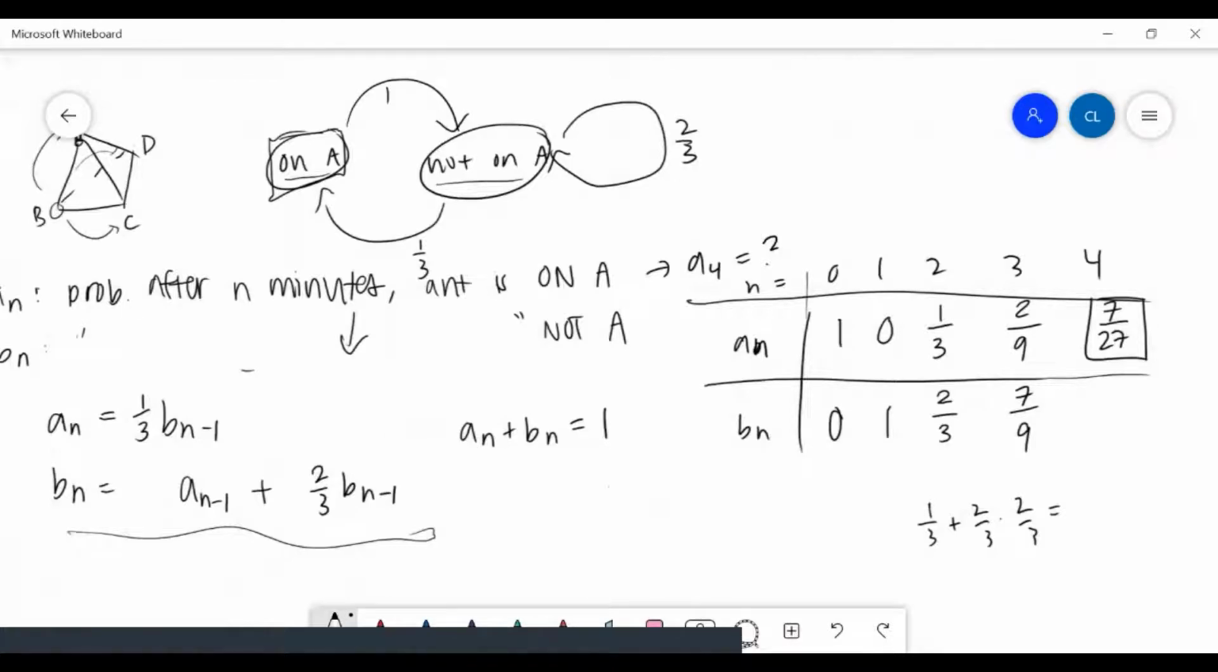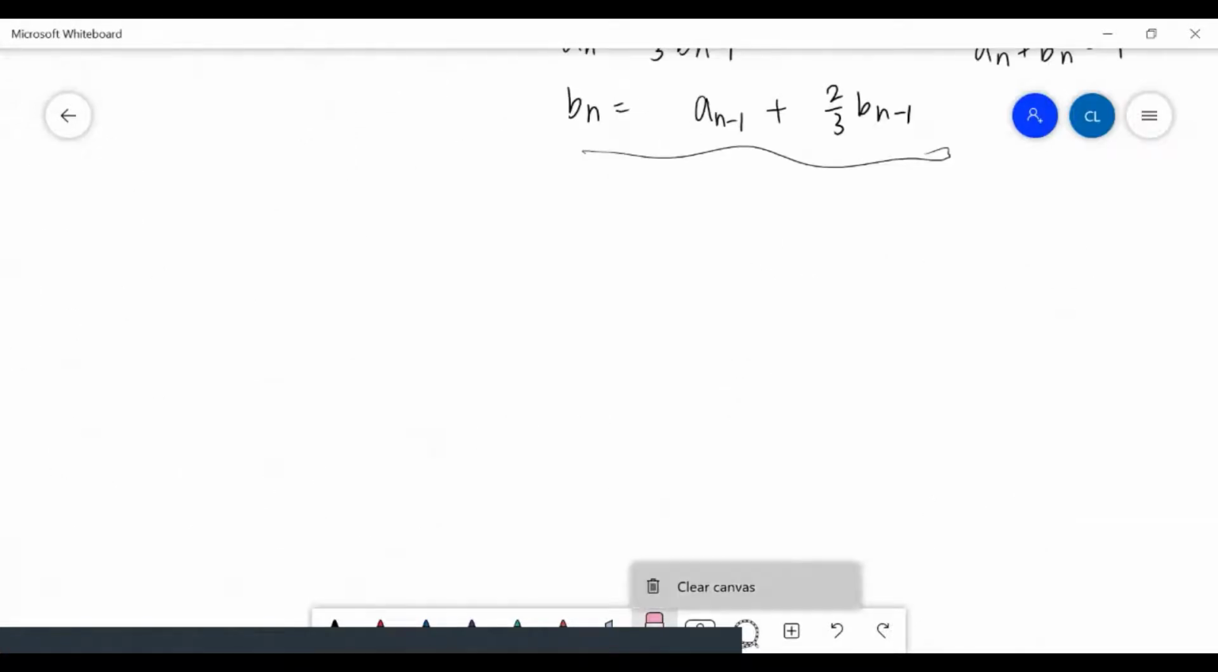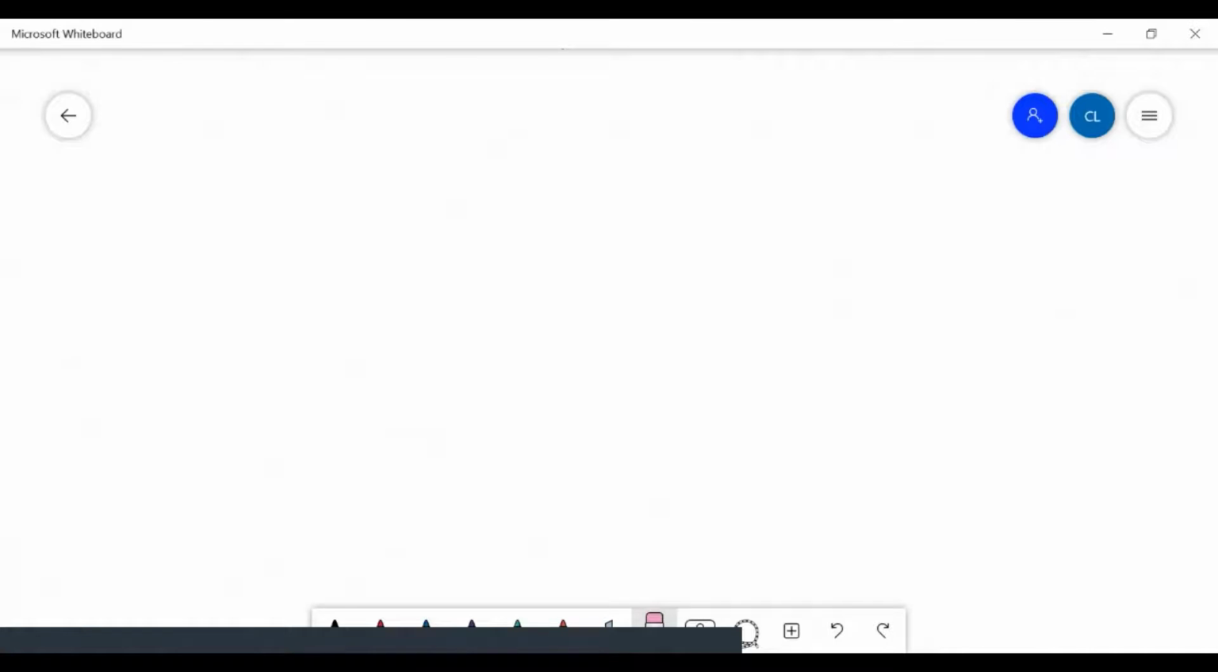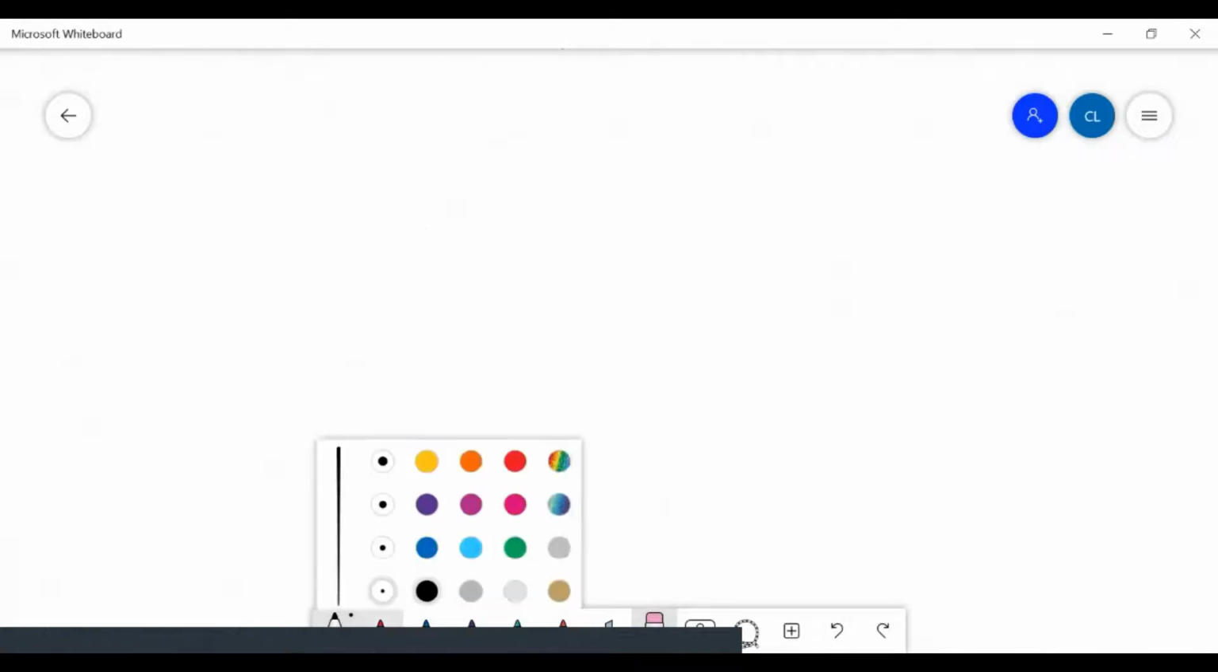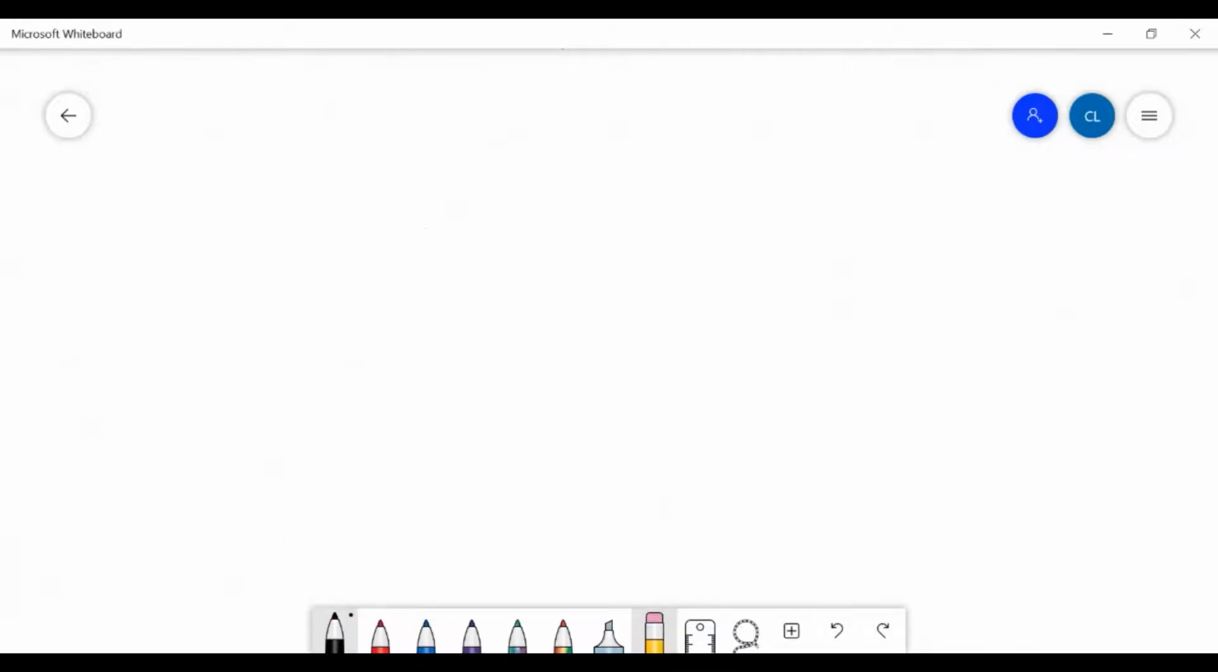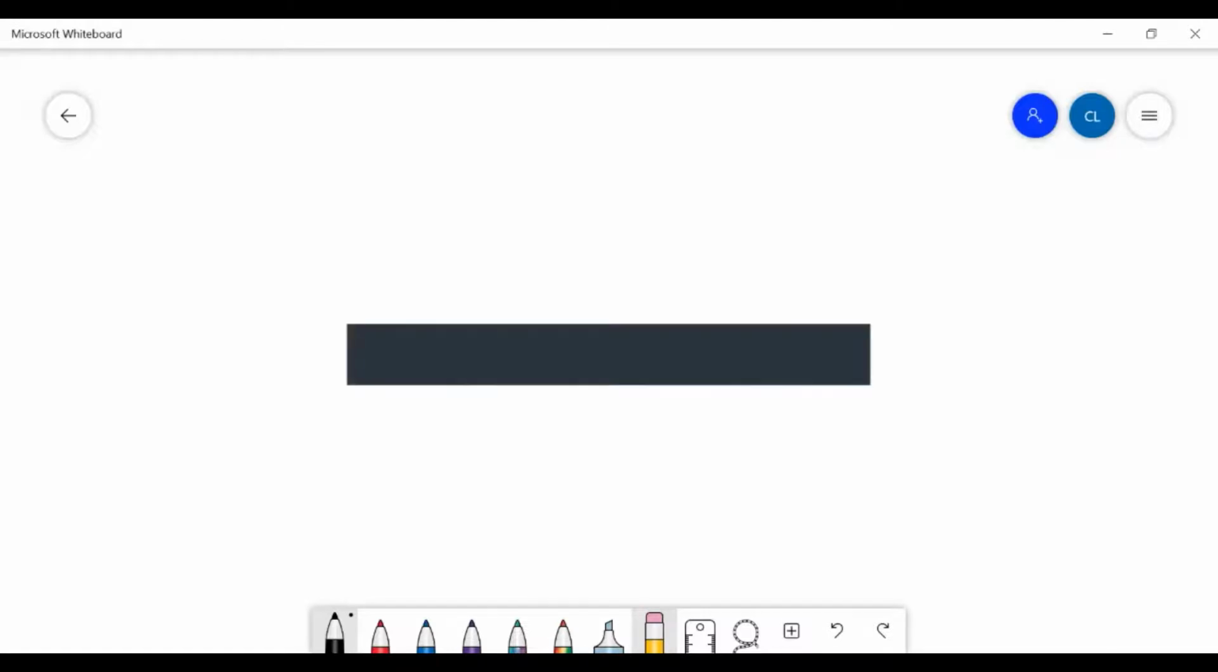Okay, so I'm going to erase that. Okay, so the next problem is... a lot of people thought this problem was misplaced, and also a lot of them liked it. So I don't really know, but